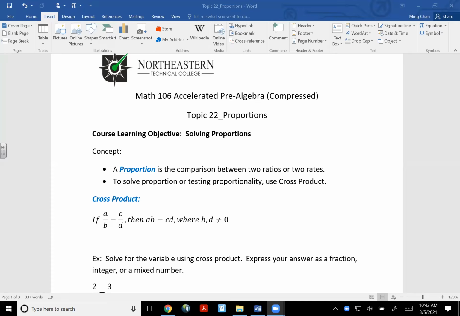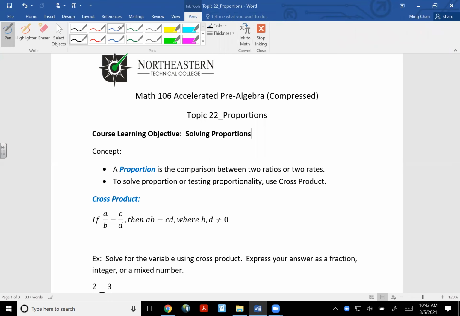So in this video, let's take a look at topic number 22, proportions. So what is a proportion? A proportion is the comparison between two ratios or two rates. So when we have two ratios being compared, so two ratios being compared is considered a proportion, or this can be two rates being compared. All right. So basically,